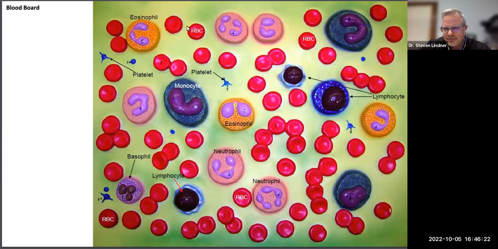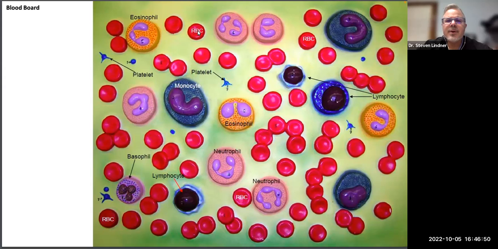In blood, the plasma and the extracellular matrix portion makes up 55% of the blood, whereas the formed elements, which we're looking at here, the red blood cells, white blood cells, and platelets, make up about 45% of the blood volume. So, all right, let's take a look and just review some of them on this blood board, this plaque